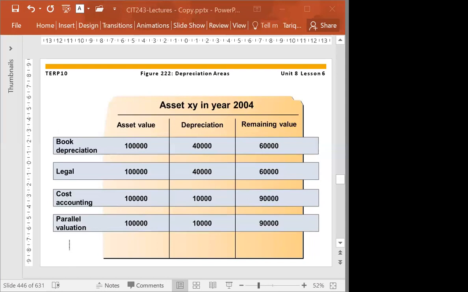So 10,000, 10,000, 10,000. So after 5 years, I will be able to have depreciation of all my assets to zero or something like that. So that is also possible. Why? Because when we purchase a car, for example, immediately after purchasing the car, if you try to sell the car, the price will be so much down.